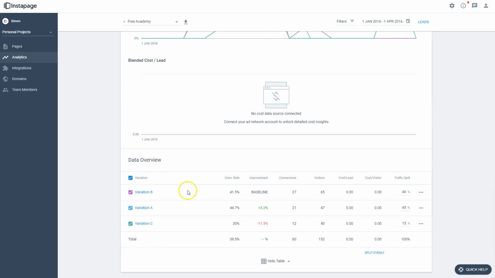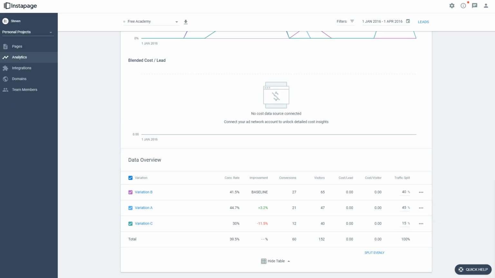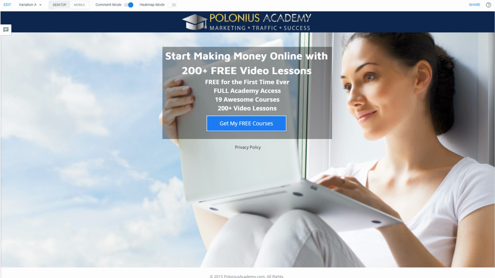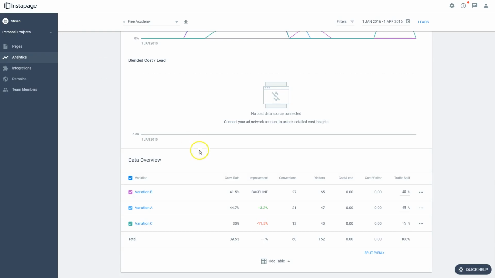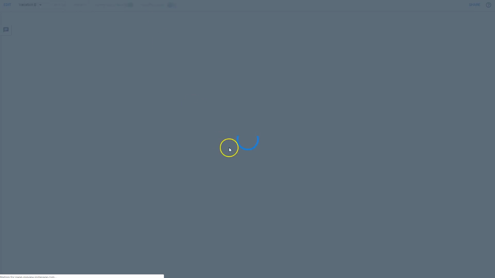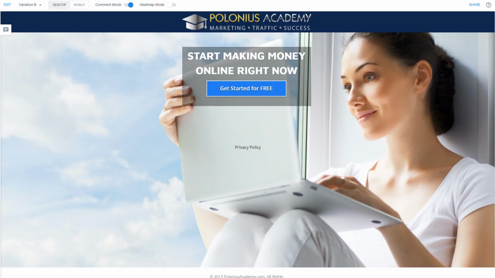So variation, let's see here. Let's make sure I got that right. This is the original. Variation A. They're out of order in that line there. Okay, that's the original. That makes more sense. So this is the original, and it has a little bit of information about the product. Variation B presumably was the blind one. Yep. And variation C